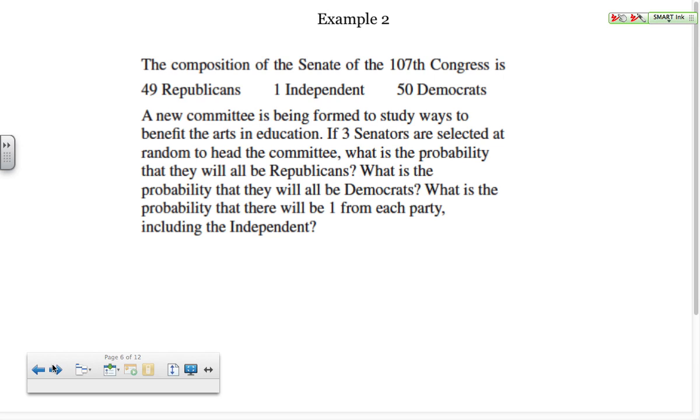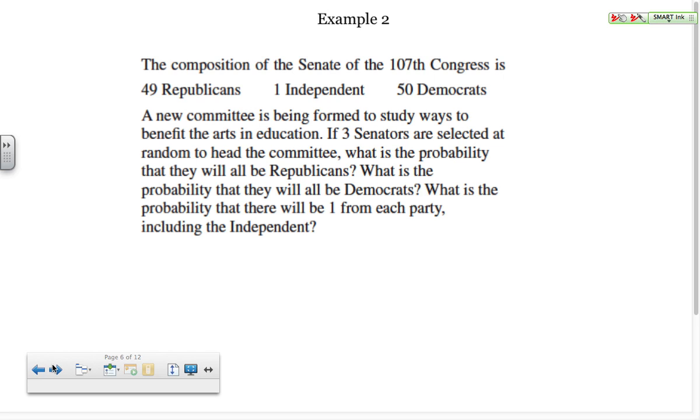They are very separate in what they believe, okay? And then we have people that are independent that say, I don't have a party. I just choose my own values. So there's 100 senators in the Senate. 49 of them are Republicans, 1 is independent, and 50 are Democrats. At this given time, the 107th Congress, I don't know what it is right now. So a new committee is being formed to study ways to benefit